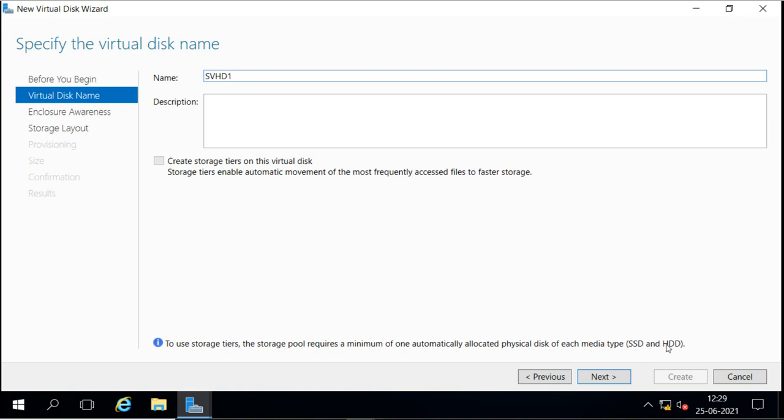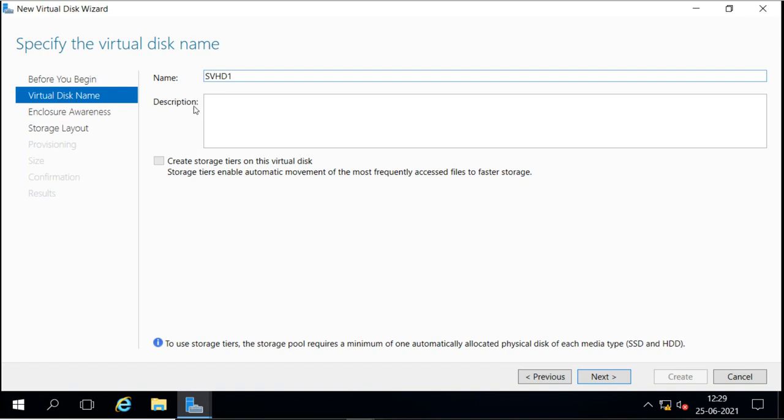Normal SATA HDD is not that fast. SSD is the fastest hard disk we have available. So if we have different types of hard disk available, like SATA, iSCSI, and SSD, we combine them to create the storage pool out of these different types of physical disks.